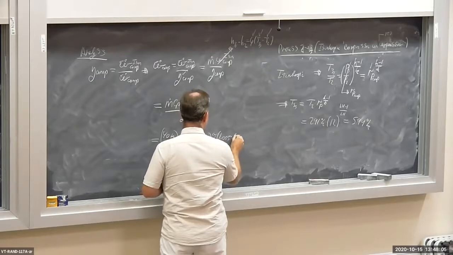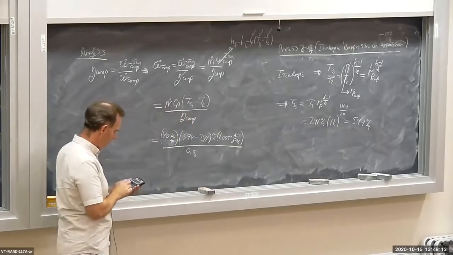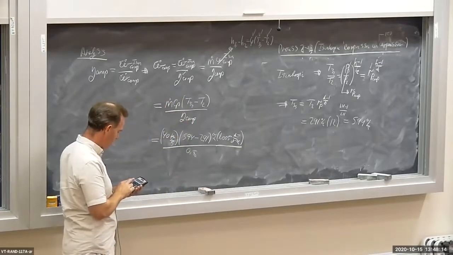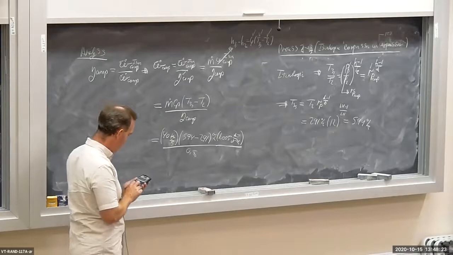So 40 times 1.005 times (594 minus 291) divided by 0.8, and I get